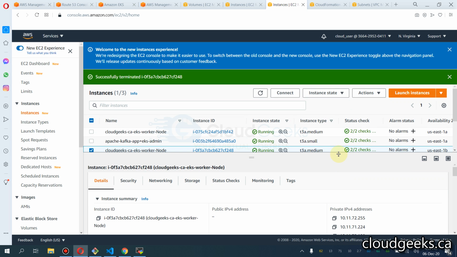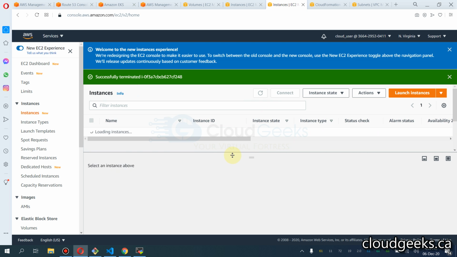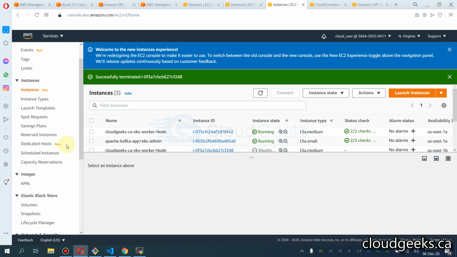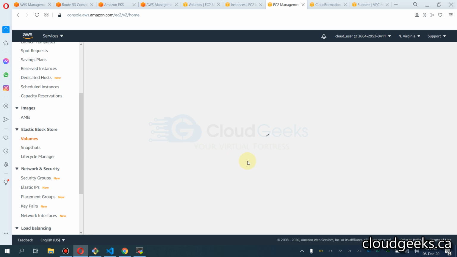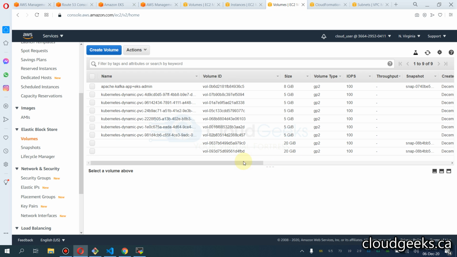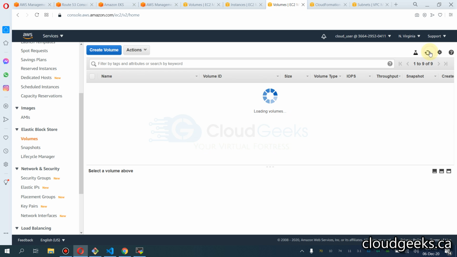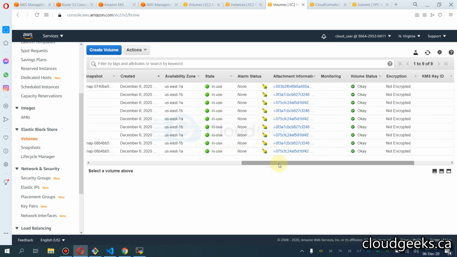Although I've never tested this before, I'm testing this in front of you, because what I've done here is that I've terminated one of my nodes. So what it is going to do at the back end, with the volumes, let's see what it says. Currently it is in the terminating state,